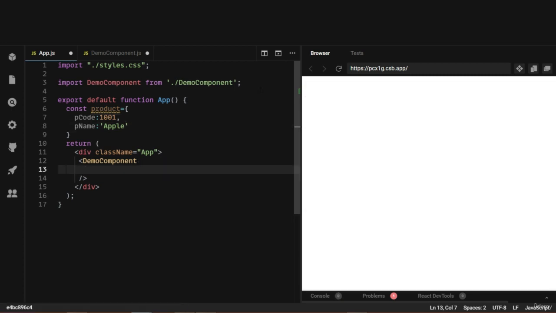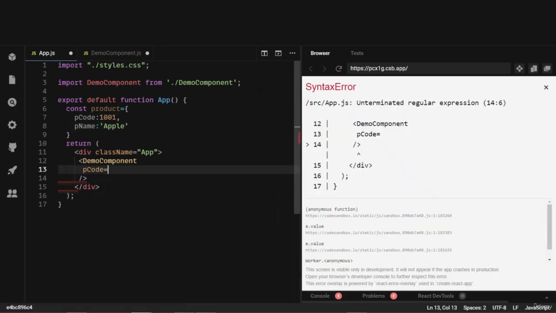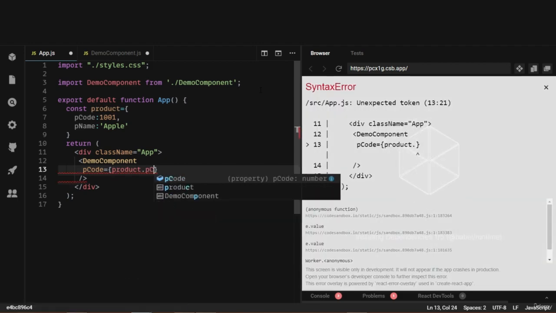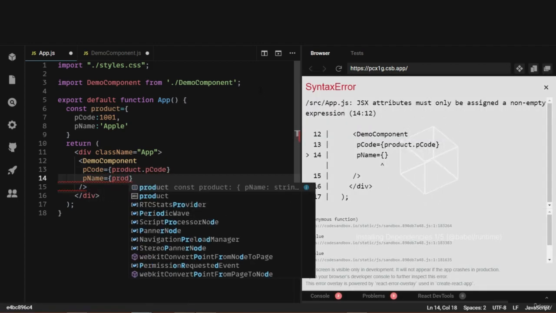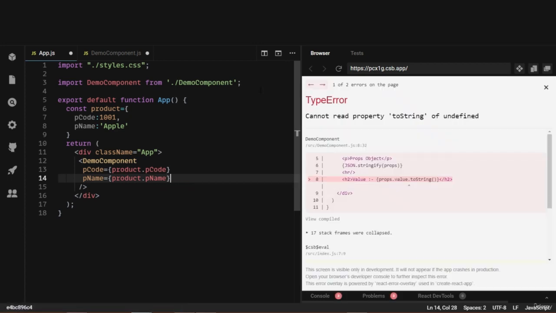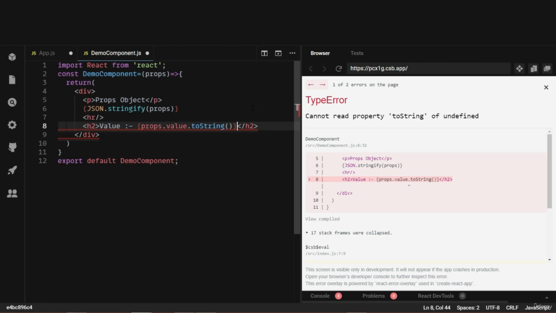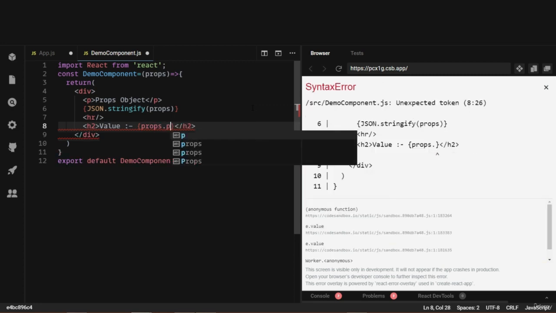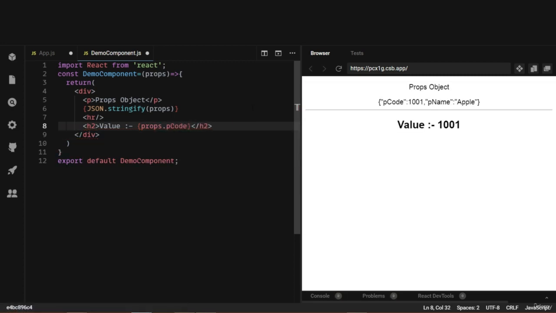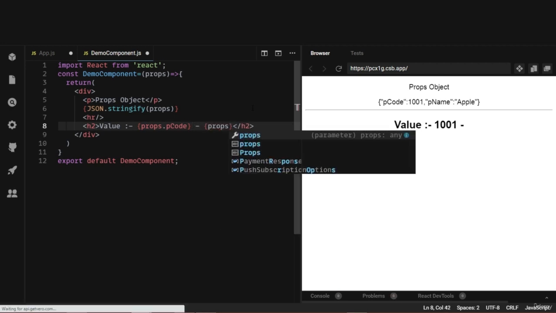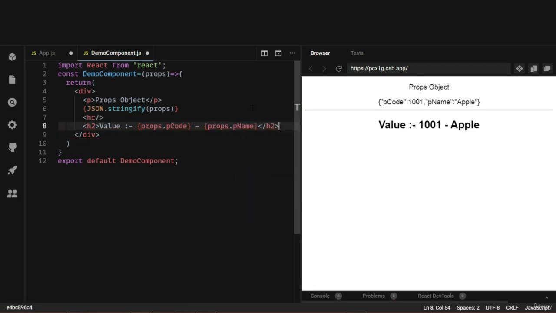So normally you may write p code is equal to product.code and p name is equal to product.pname. This means p code and p name are two attributes where the respective values are passed. Now let's go to the demo component, and here also I'll just change this h2, we'll say props.pcode. Let's have a separator in between, a dash, and I'll say props.pname. Now you see that the object is showing p code and p name in it, and the values are displayed